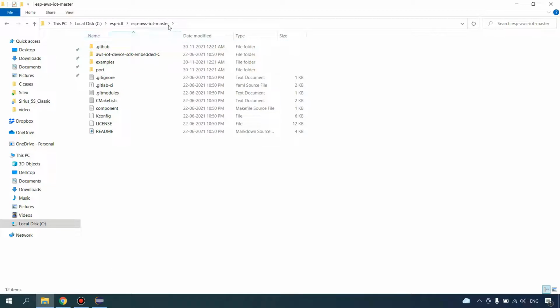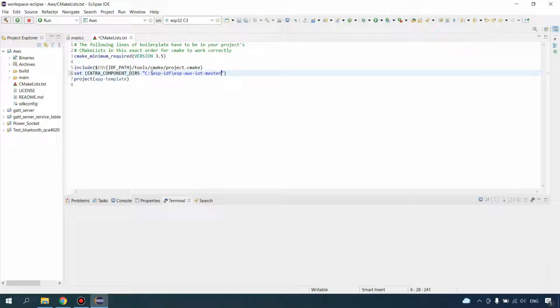So this is our directory, this is our library. We will just copy it, go to our project and paste it here. So you need to add this command if, for any reason, you don't want to keep your library in the component folder. But I would recommend you to keep all the libraries in the component folder.